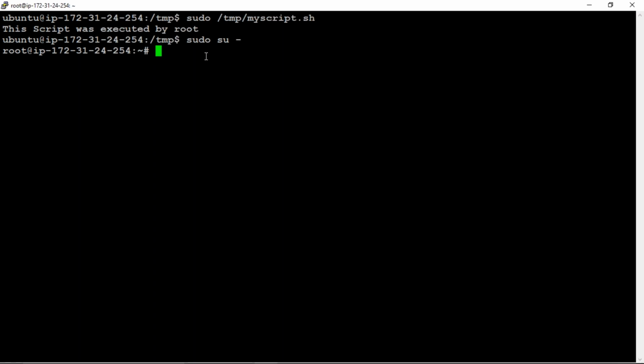So I have just copied that my script file to this temp folder. From that temp folder, I will execute my file by using this command, only this command. And after that, I changed my user to Ubuntu. So that is the thing I have done. Don't get confused. So now how to add a user?